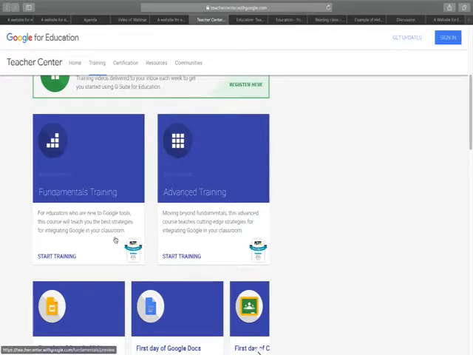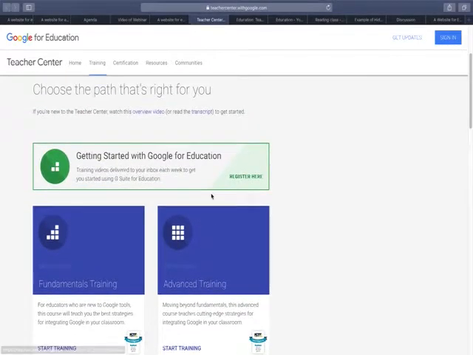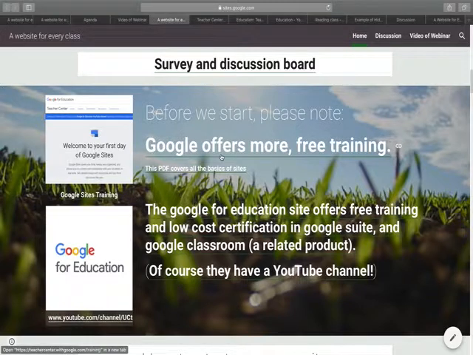It takes about 3 hours to test yourself, and when you're done with the testing, you are a certified Google educator. Level 1, fundamental. Level 2, advanced. This has something to do with Google Sites, but not entirely. It's not just Google Sites. So, if we are looking for more training that way,